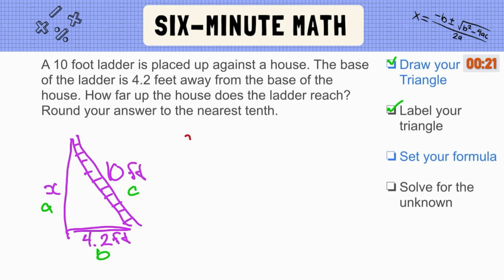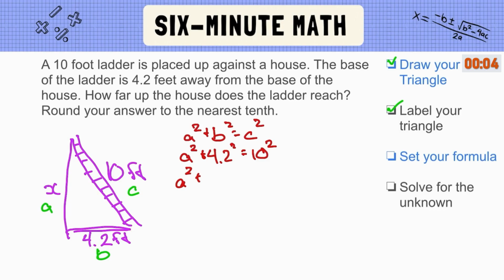We're going to set our formula. A squared plus B squared equals C squared. A is unknown, plus 4.2 squared equals 10 squared. A squared plus 4.2 squared is 17.64, and that's going to equal 100. We're going to subtract 17.64 from both sides,